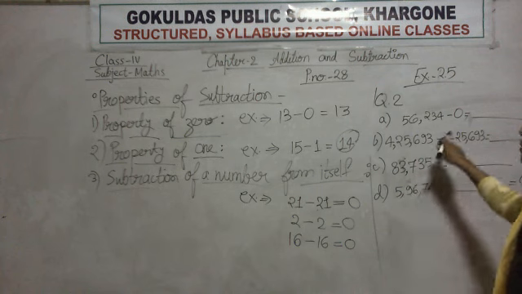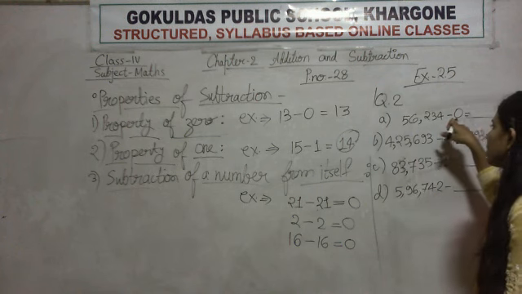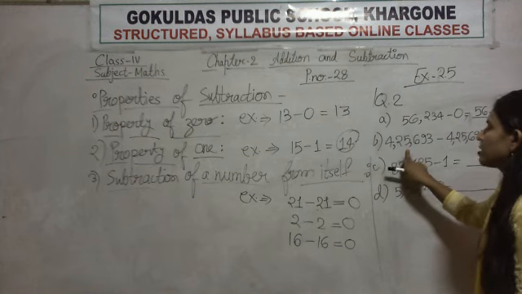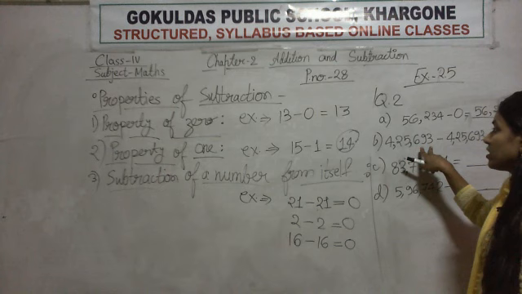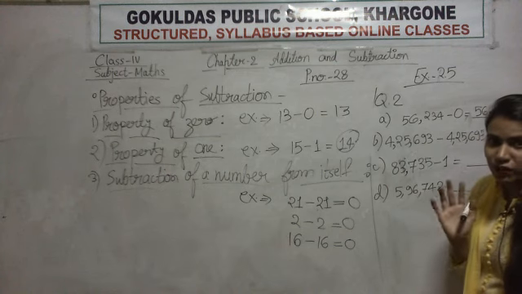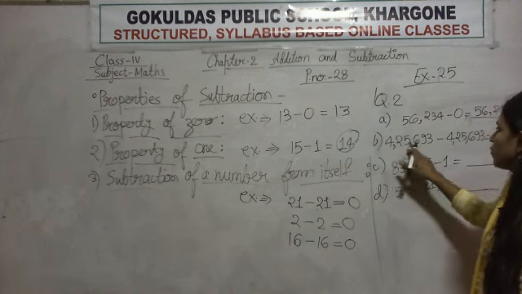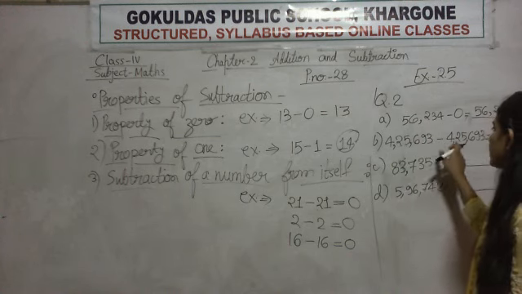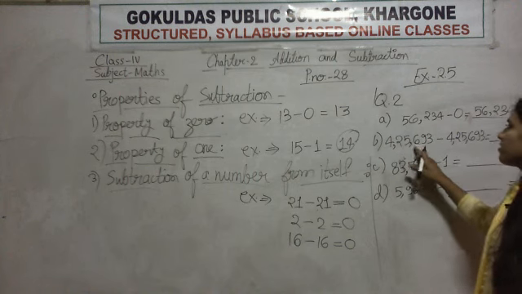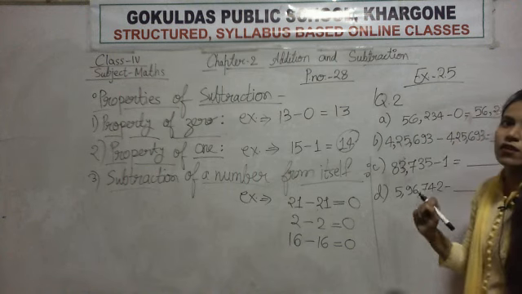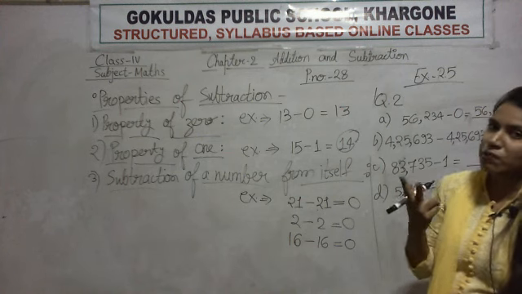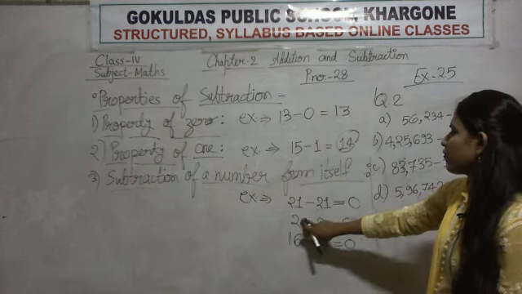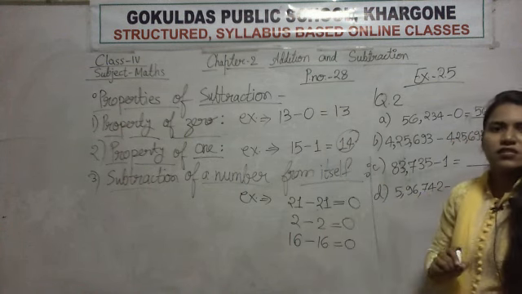Now again you are subtracting 0 from the given number. Your answer will be the same, 56,234. Now compare both numbers. First observe both the numbers. Are both the numbers equal? 1s place, both have 4. 10s place, both have 2. 100s place both have 5. Both have 6, both have 9, and both have 3. Means both the numbers are equal, which means you are subtracting the number from itself. If you subtract the number from itself, your answer is 0.